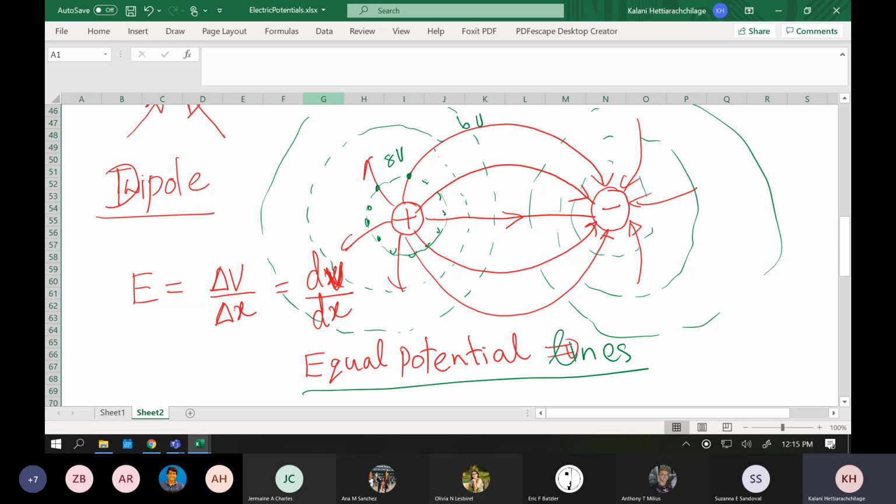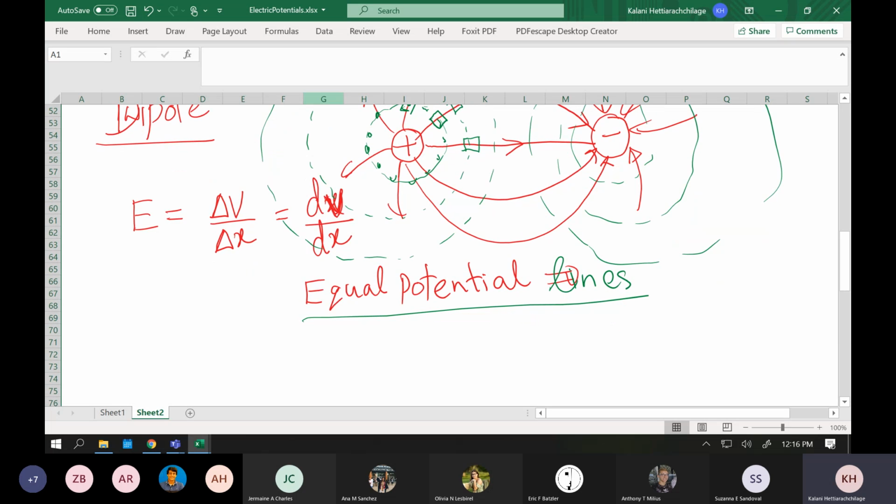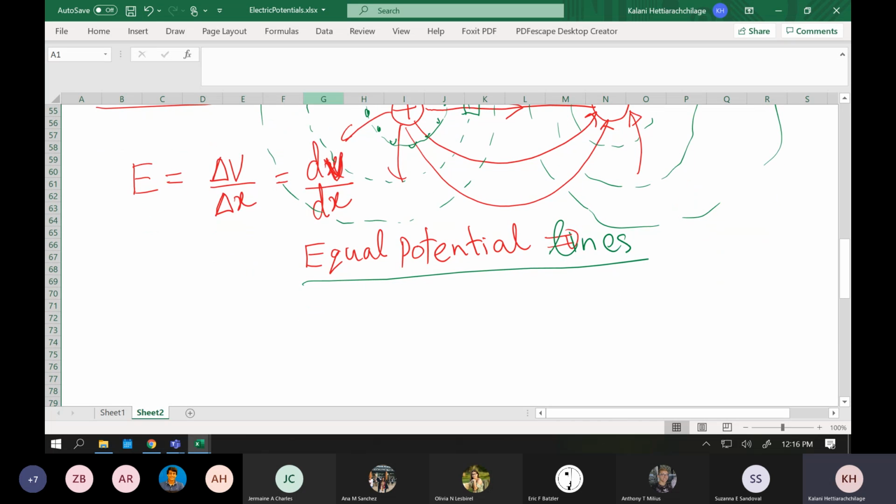Those are equipotential lines. But the important thing, after you draw that, you will be able to find the electric field lines, because these are always perpendicular to your electric field lines. These points everywhere should be 90 degrees with your electric field lines. Then you can draw the electric field lines if you want. Okay. So basically in lab we're going to observe these equipotential lines for 2 charges, and also we're going to do the same experiment for the